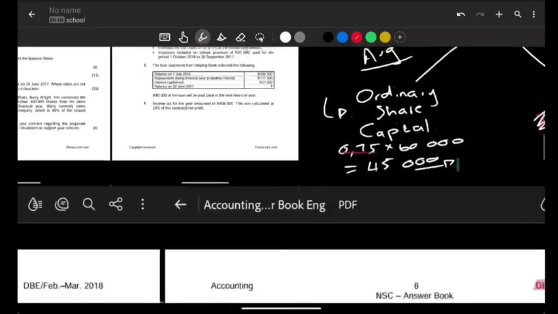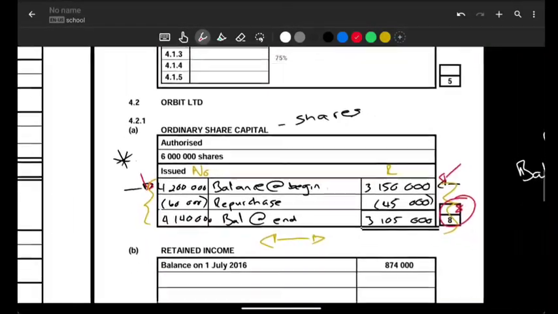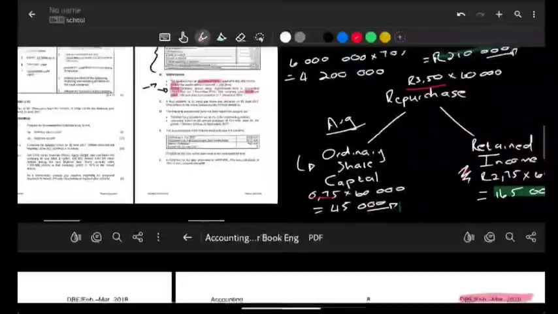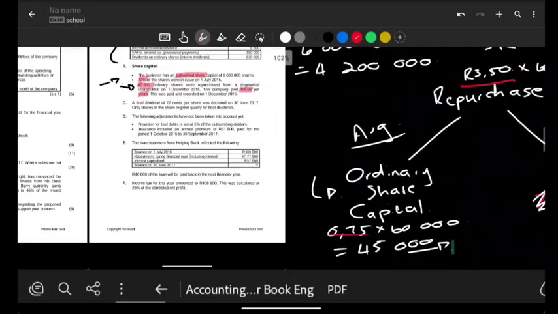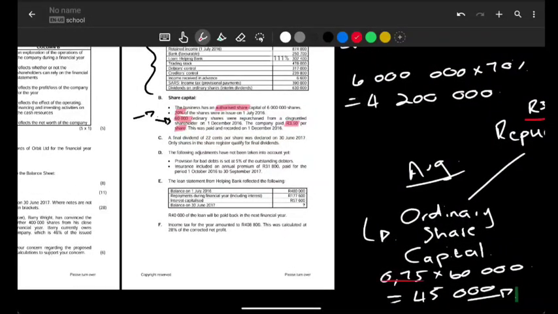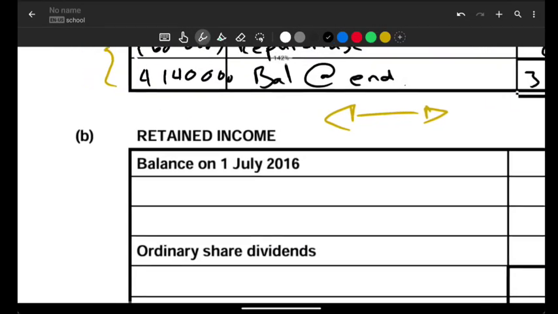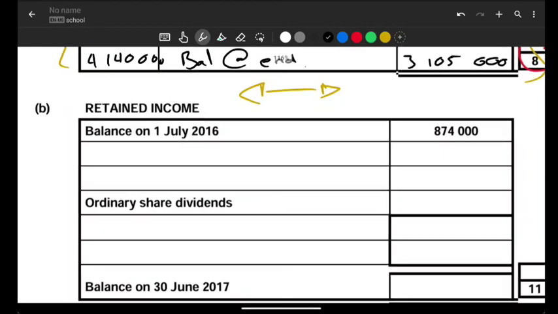Okay, so continuing from where we left off, we looked at the ordinary share capital and how to calculate that final amount. Now we're going to look at retained income. So before I even go into this information of retained income, I want you to know your format and how it's supposed to be. So you have your balance on the beginning of the year, then you have your net profit,